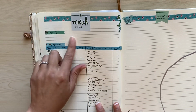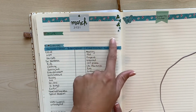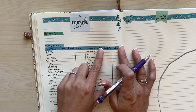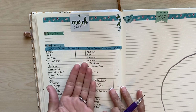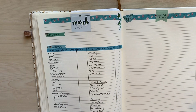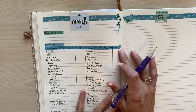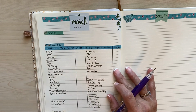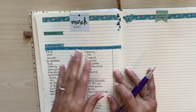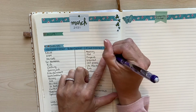So I have a little section for income. This is where I track all our paychecks, miscellaneous, transfers, refunds, and stuff like that. Let's start with our fixed expenses, which is housing. I always do my budgeted and actual. For these, you shouldn't really need too much of a budget and an actual because they're fixed, so the amount should be pretty close every month. But for some, like utilities, I like to get an idea of the season, like my winter months, summer months, and fall, so I can gauge it for next year. So we'll go ahead and start with housing, which is going to be